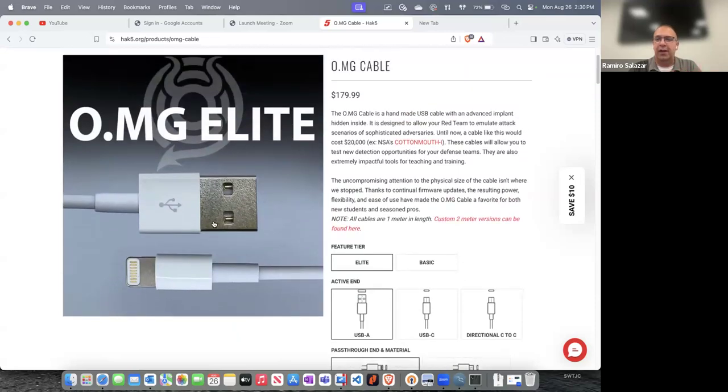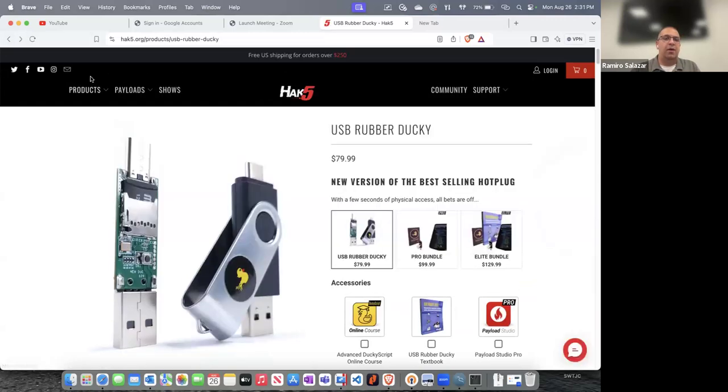It basically looks like the type of connection that you would use to plug in your phone for power, or maybe an iPad for power. And hackers can gain access to all of your data on your devices. By the way, there's a lot of other devices here as well. I'm not going to go through all of them, but just be cautious that whenever you're out in public, you want to make sure that you're on a VPN connection. You want to make sure that if somebody dropped a USB cable or a USB flash drive, you don't just take it with you and plug it into your device, because there could be malicious types of devices out there as well.